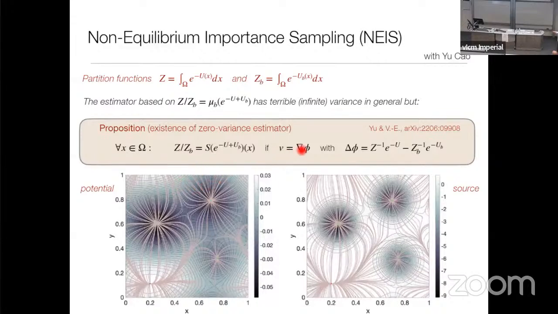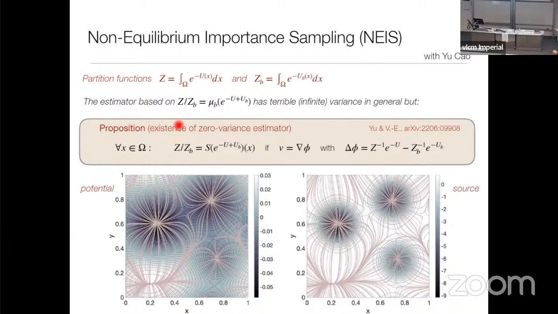We mean that if you solve for the velocity field by solving this Poisson equation here, and you pick any samples and pass them through the time average, you get the ratio for any one of them. So let me try to explain that through a picture, so that you also see that this is not the ergodic average.